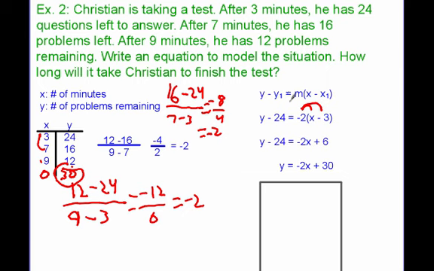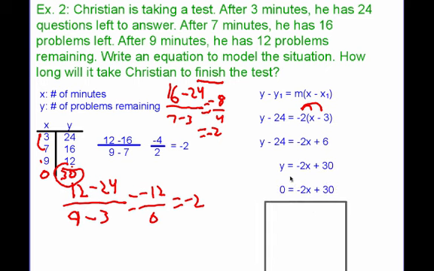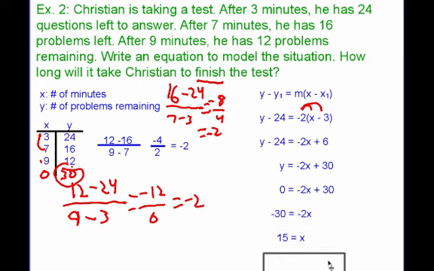Now the question asks me, how long will it take him to finish the test? Well, we don't know how many minutes it's going to take, but if we think about finish the test, how many questions is he going to have left? Well, if he's done, he has 0 questions left. So we say 0 equals negative 2x plus 30. Subtract 30 on both sides, I get negative 30 equals negative 2x. Divide by negative 2, I get 15. So the answer is that it will take Christian 15 minutes